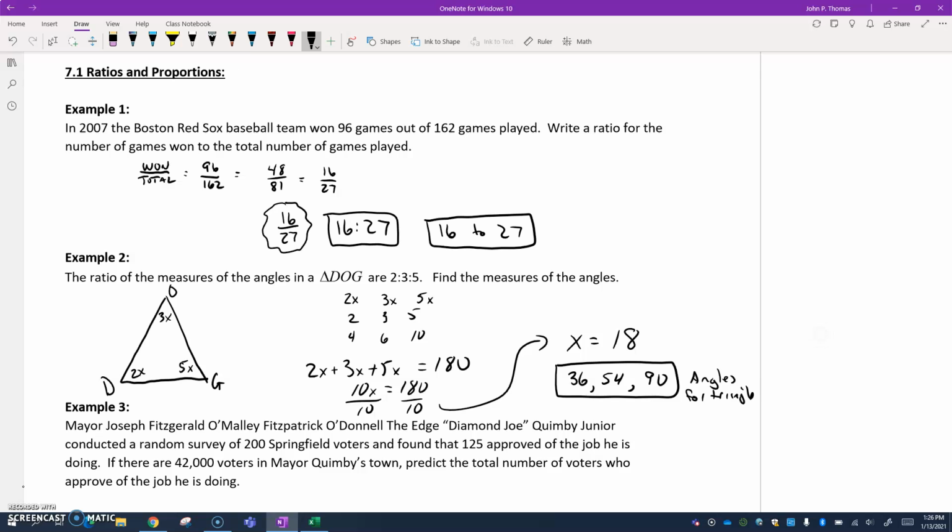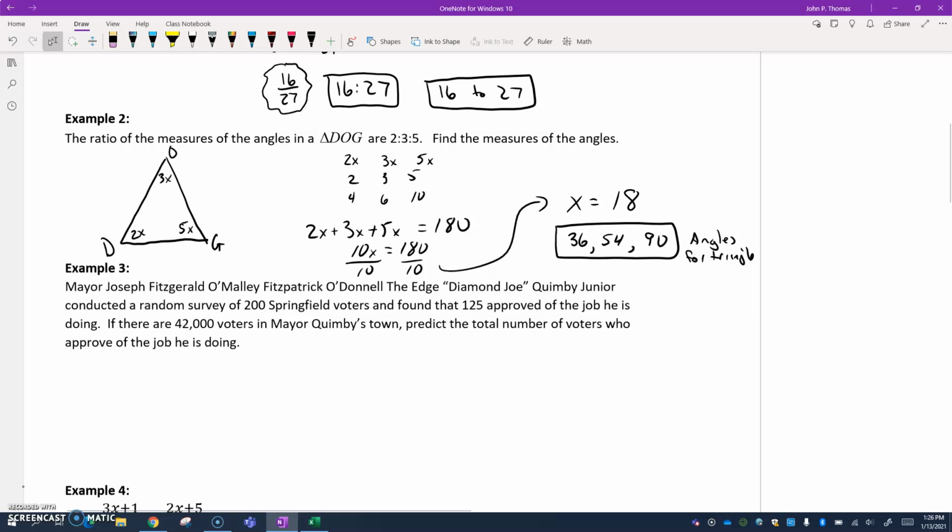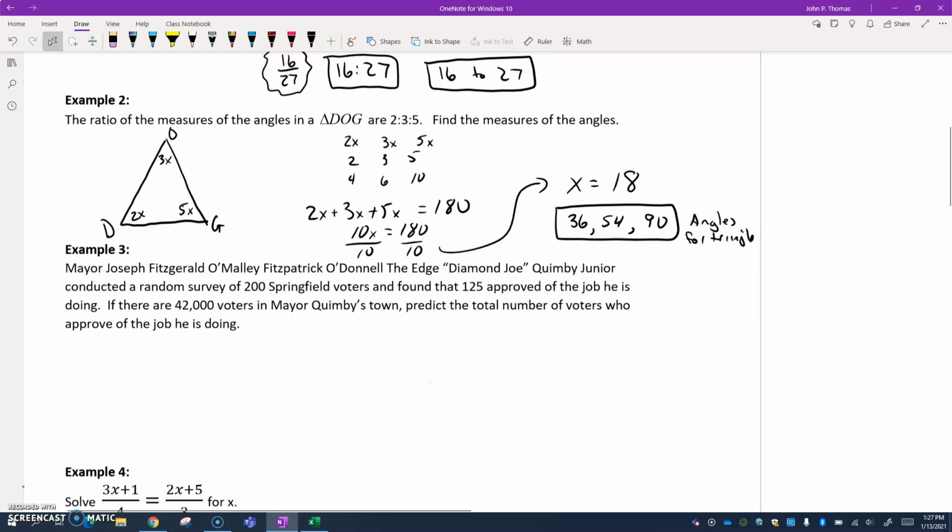All right, now, a lot of times these will get used in a proportion setting rather than just using the ratio like we did on the last 2 problems. So in example 3, it says Mayor Joseph Fitzgerald O'Malley Fitzpatrick O'Donnell, the Edge, Diamond Joe Quimby, Jr., of course, conducted a random survey of 200 Springfield voters and found that 125 approved of the job he is doing. If there are 42,000 voters in Mayor Quimby's town, predict the total number of voters who approve of the job